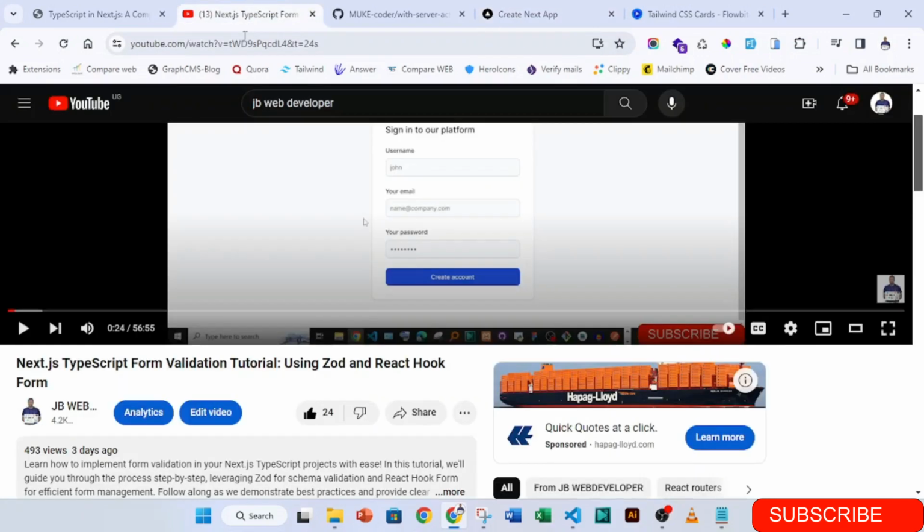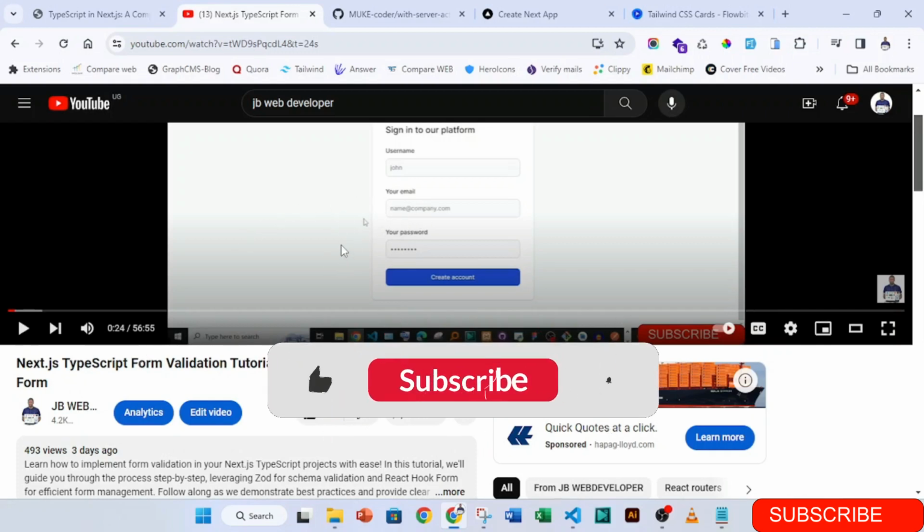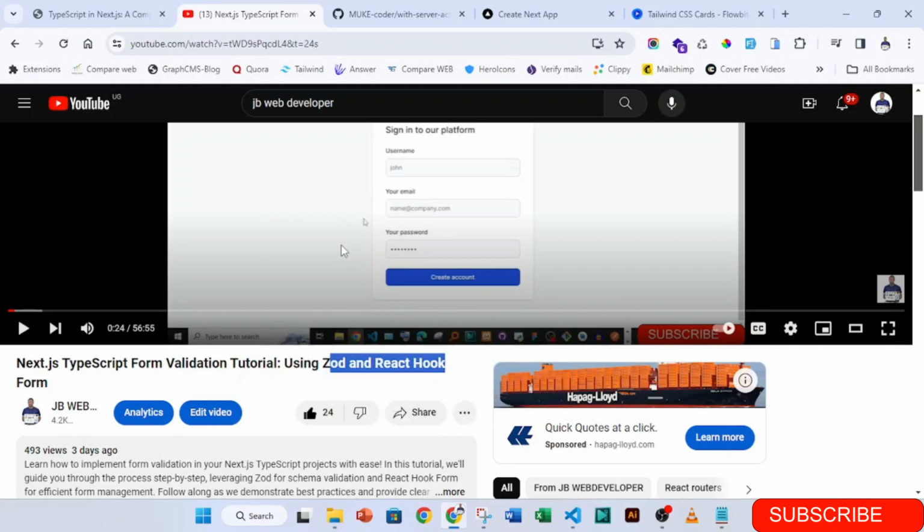If you have not watched the video where we used Zod plus React Hook Form, that video was good. So you can just go and first watch it on how to use Zod and React Hook Form. Now, there is a possibility of using React Hook Form without a need of using Zod. Okay, it's very much possible you can use it. But the fact that